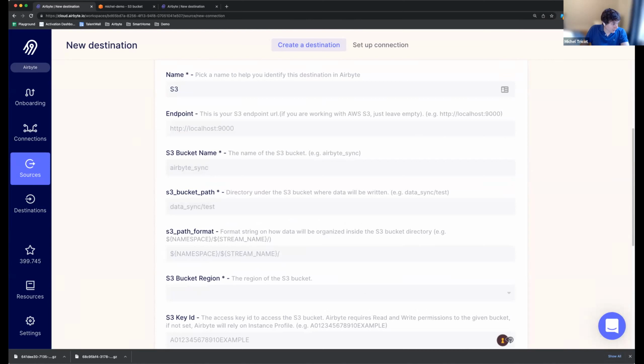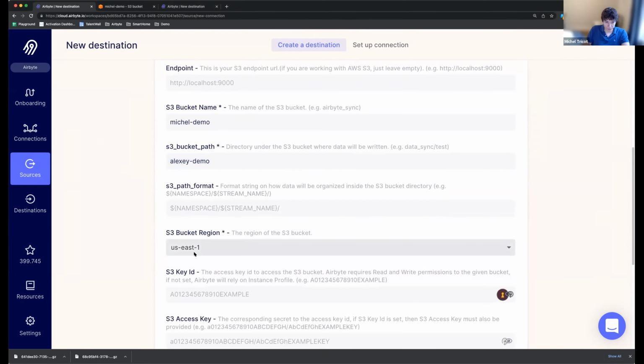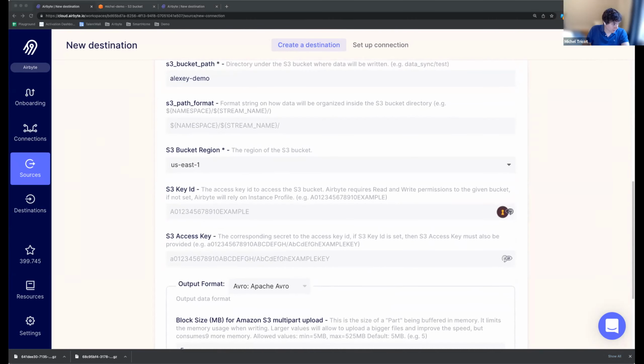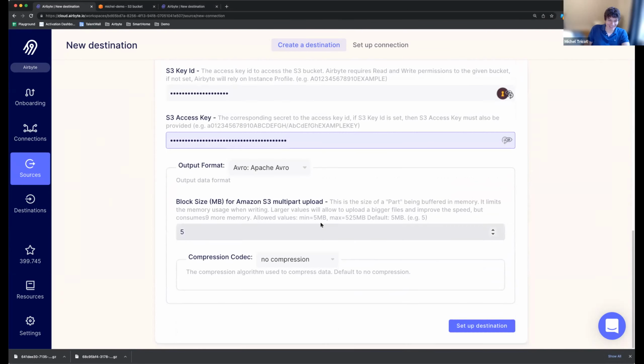So here, bucket name, let's use mine. How did you configure S3? You probably need to provide some sort of key, right? Yes, below. I have a bucket on US East, and here I'm just going to pass in an access key. It's a password, so I will not be able to use it for mining Bitcoin right now, right? No, you won't be able to do that.